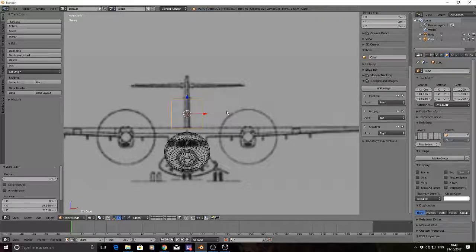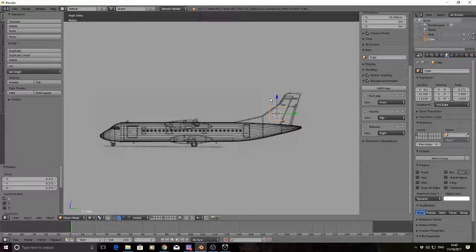Right, so next we want to press the S key for scaling, and we want to scale it on the X axis, so we can only go in or out. We don't want it to go up or down, and just bring it in to roughly where you think it should go. So that's the correct thickness done. Okay, so numpad 3 to bring us back out to the side view. What we want to do is make a copy because we've already got the correct thickness, and I find it's easier to do it this way